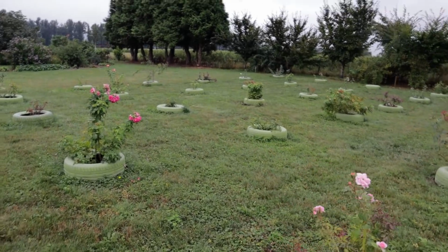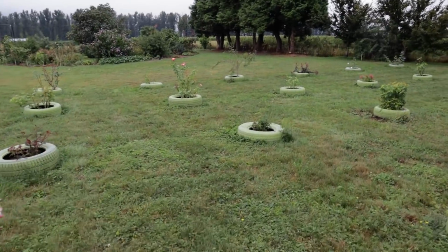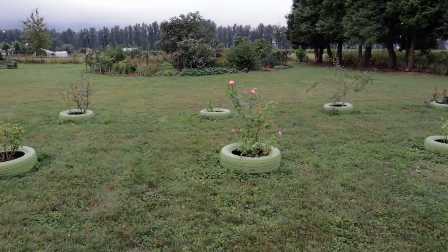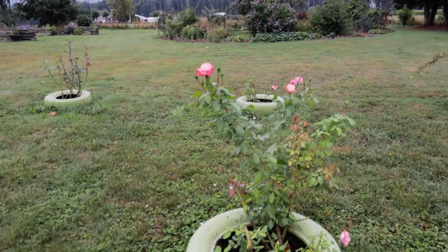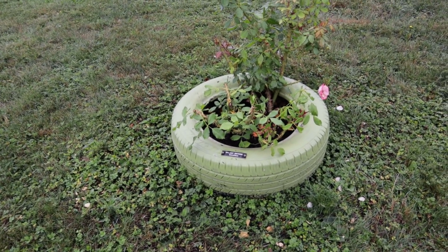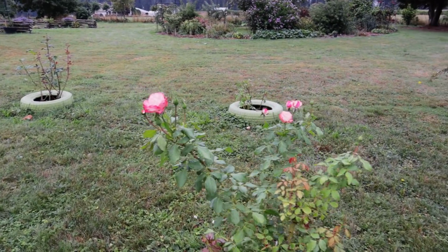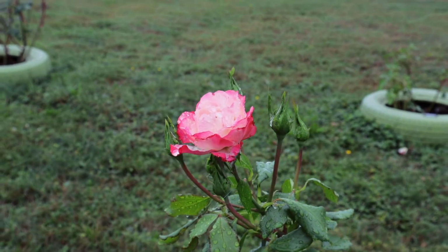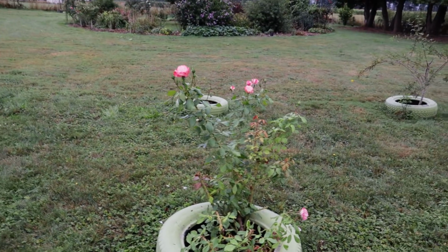It works within the function of the yard, and I think that customers accept that quite nicely, that they have these tires, which maybe are a questionable landscape choice in terms of prettiness, but they do a beautiful job of keeping the grass out from the base of the plants and allowing me a place where I can mulch and fertilize the plants quite nicely. And then, of course, the customers can come out here during the early season, before I've started to take cuttings for